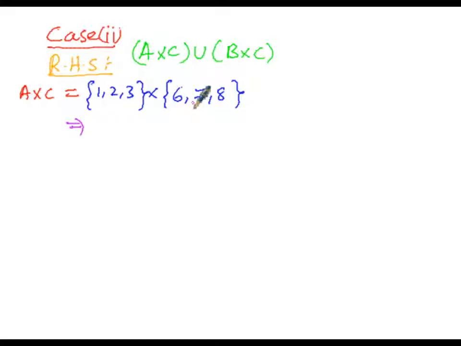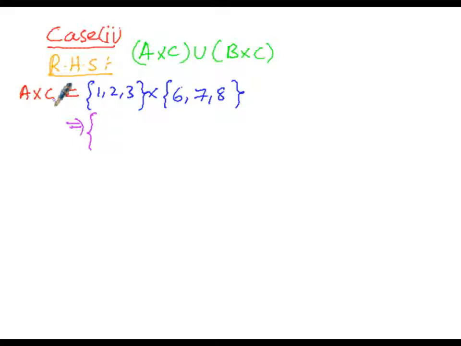of 1, 2, 3 and C elements are of 6, 7, 8, then the ordered pairs are of 1, 6, 1, 7 and 1, 8 are the first 3 ordered pairs. Then now 2, 6, 2, 7 and 2, 8 next 3, and 3, 6, 3, 7 and 3, 8 will be the last 3 ordered pairs, or in other words the elements of the Cartesian product, that is A cross